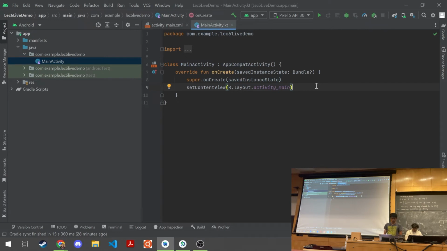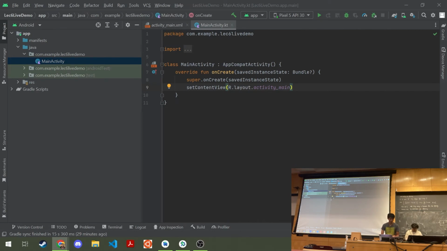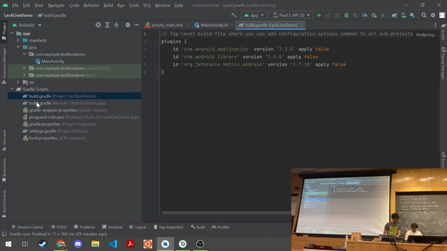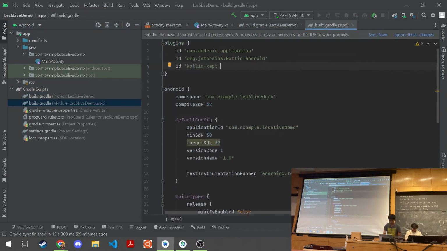Alright, so the first thing you want to do if you want to use OkHttp or Moshi is to go to the textbook and add the dependencies that you need in order to use these third-party libraries, because they, after all, are third-party and not natively inside Android Studio. So the first thing you have to do for Moshi is to go into your Gradle scripts and go into, not this one, but this Gradle file, and plug in kotlin-kapt.